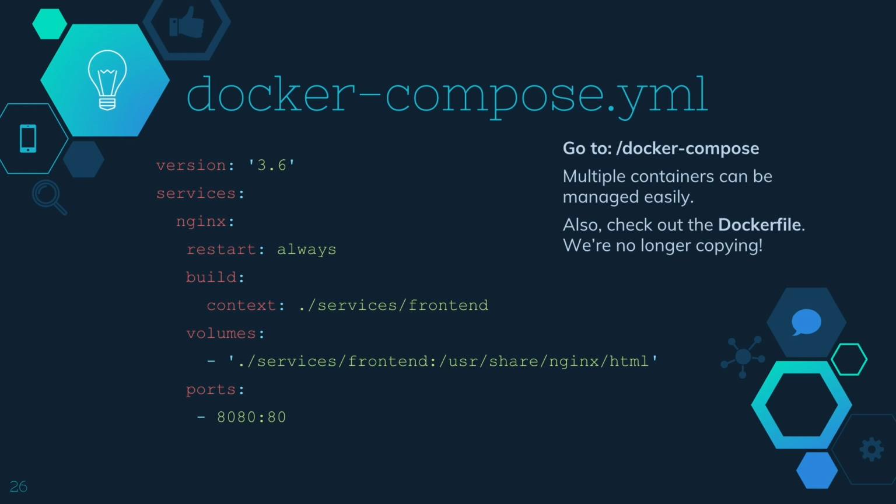So basically what you need for a Docker file is the version. So there's different versions of the Docker Compose parser, right? So we're going to use version 3.6. Just as a side note, it's good when you're using Docker to specify a version number that you're working with, because if you just put latest on things, you're going to get the latest version of whatever you're using. So maybe Node next week releases some update that breaks your code. If you put latest, then your teammates are going to get the latest version of Node and it's going to break. So if you're working in Node 10, put Node 10. Same thing for Nginx, all those sorts of things.